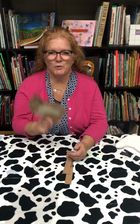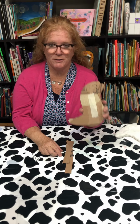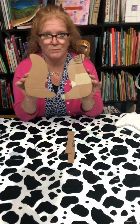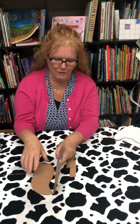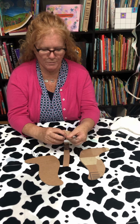Today we're going to do a bird project using plaster strips to create a bird, but first we're going to build the base. We had already cut out our bird shapes from cardboard, from some old boxes. We want them to be the same, so when we put them together they look like this. But first we're going to build the body. So I'm going to start by taking some other strips of cardboard and...